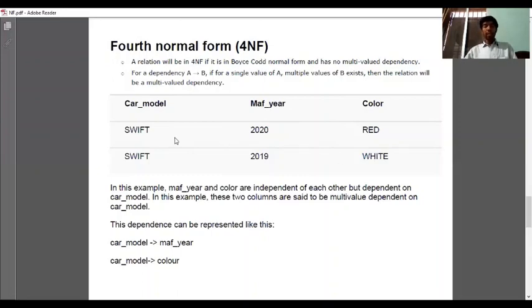As there is a multi-value dependency, more records are generated: for car model Swift, manufacturer year 2020 and color white, and for car model Swift, manufacturer year 2019 and color red. So here for columns manufacturer year and color, we generate a total of 4 records.